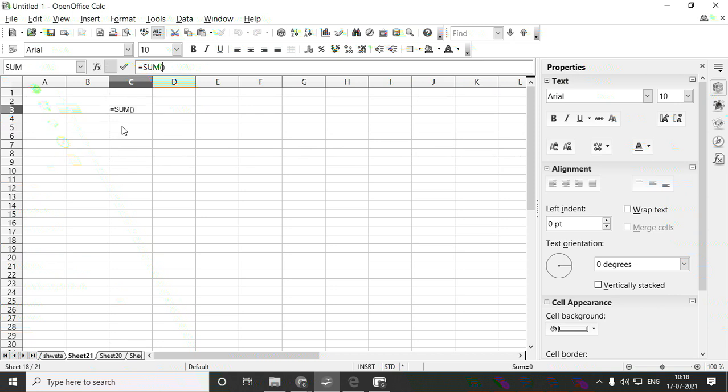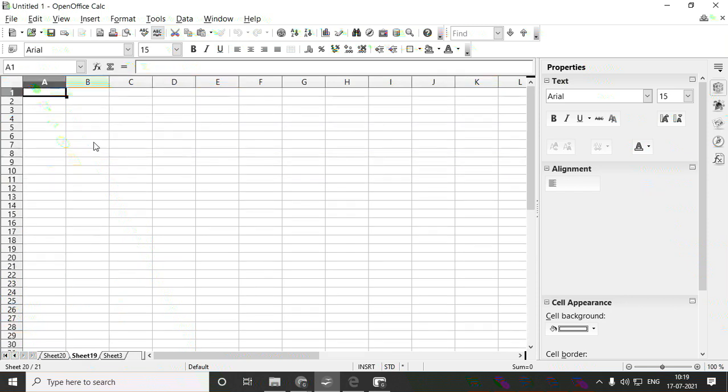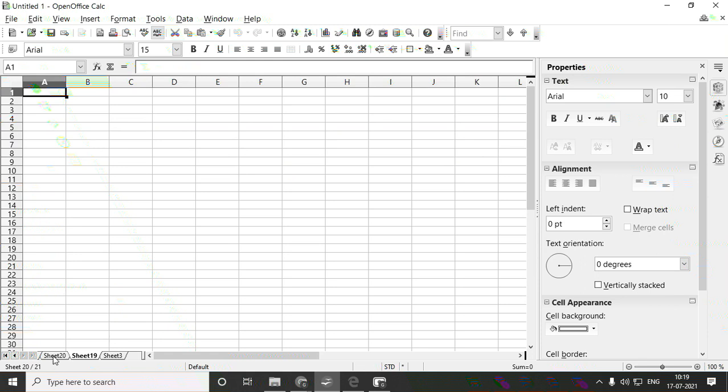Cancel all this. Okay. Now if you want to use the mouse, what you can do is go to a sheet and type 200 here. Go to one more sheet and just type the equal to sign. Next go to your sheet, select your cell, then click on accept. Where you changed it, there your number will get changed. This is how to change with the help of the mouse.